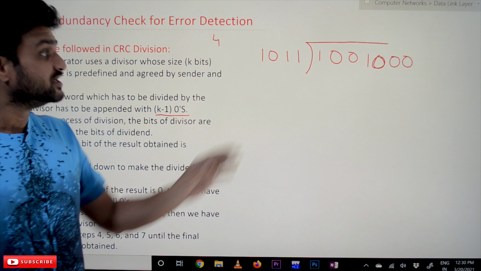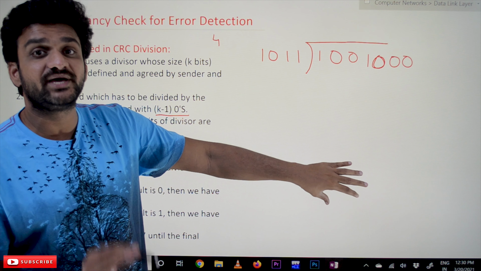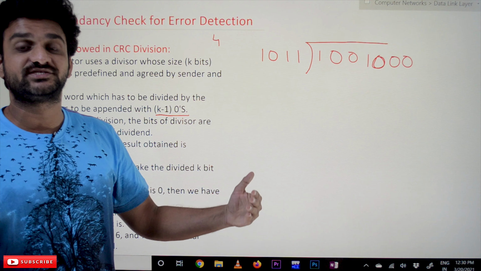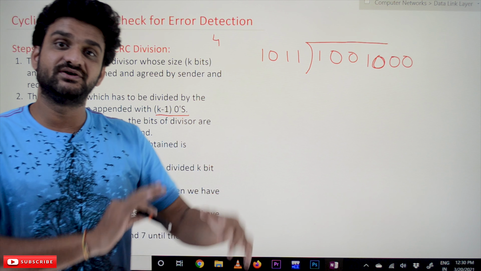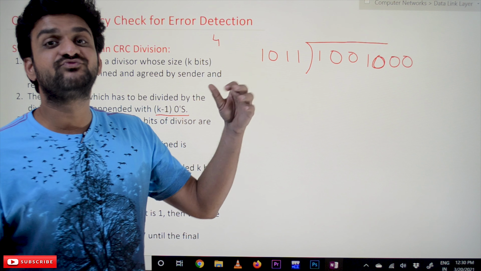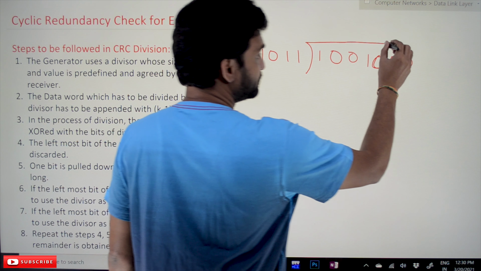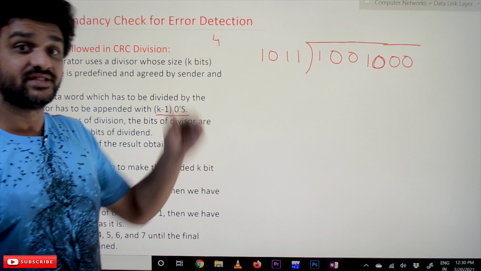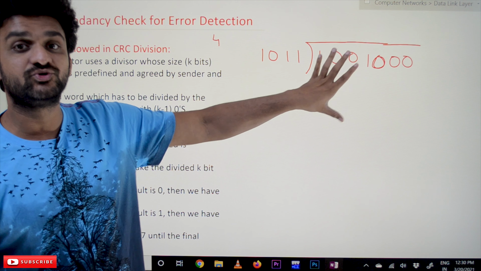So why? Here we are concerned only about the remainder. The remainder that is generated in this process is the same as that of the regular division process, but the difference is that this process is very easy to perform. One more time, the remainder generated by the regular division process is the same as that of the way in which we are going to do the division.